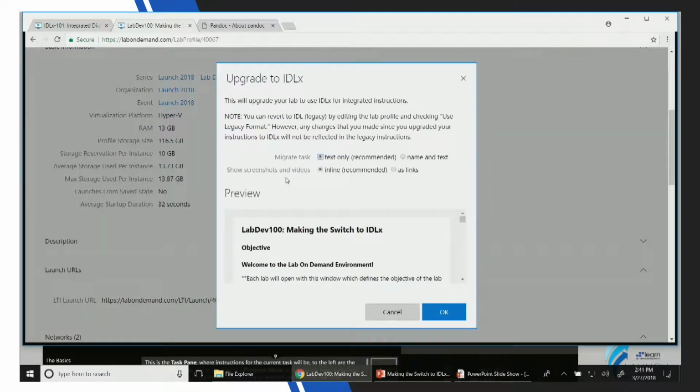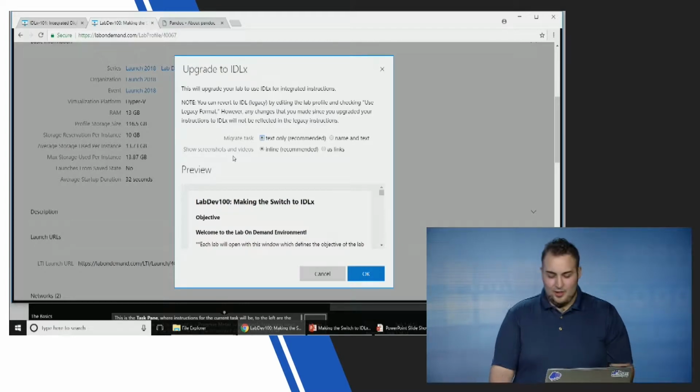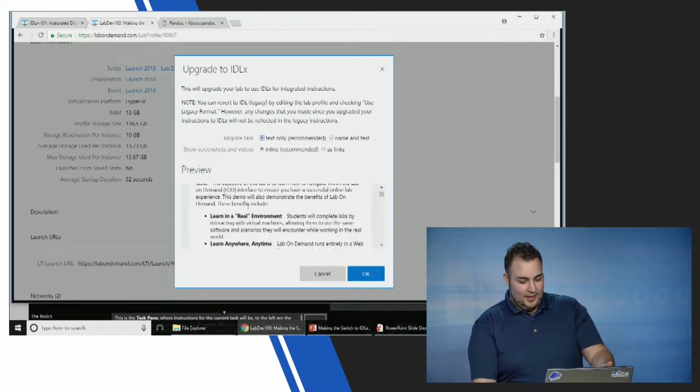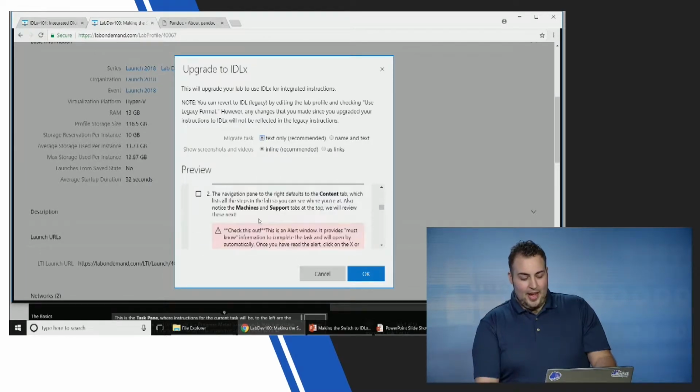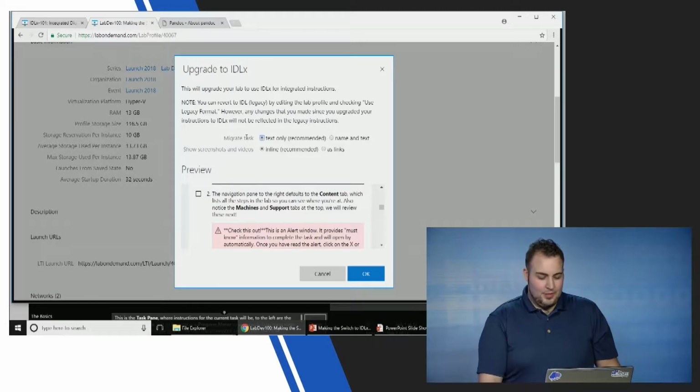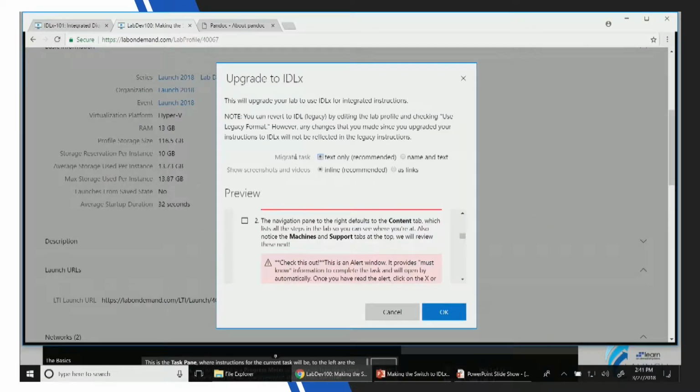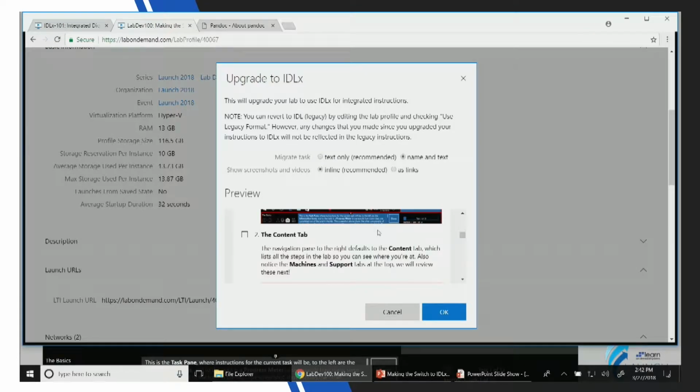Now, when you upgrade, it gives you a preview of what your lab is going to look like in the new format. So I can see here exactly how this is going to look. On top of that, it gives you options. You have the option of what do you want to migrate the tasks with: just the task text or the actual name as well. Some people have built their labs to conform to our IDL Legacy format, so that task name is important. Others, though, that task name isn't very important, and all they need is that text, which is why we give you that option. For our situation, I'm just going to do the name and text,